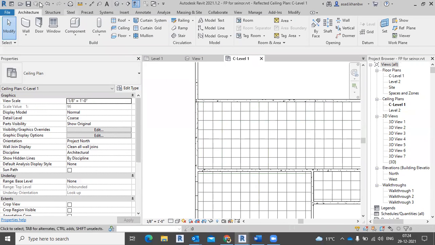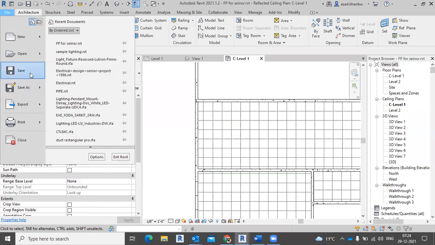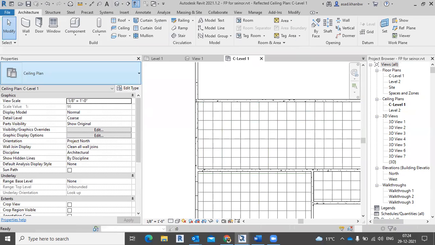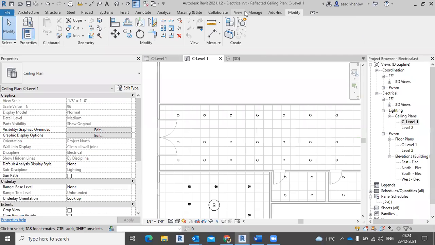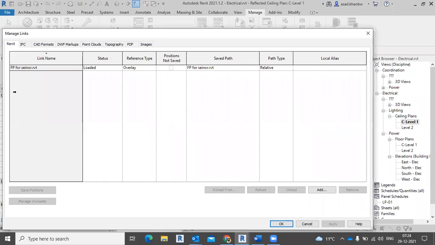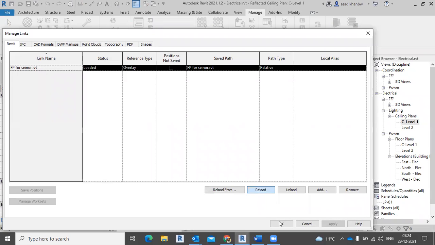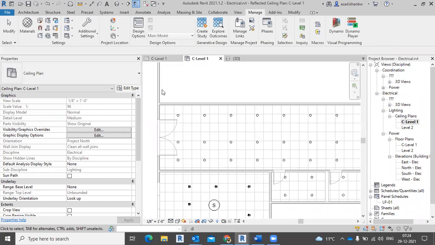Save. Come back to the manage link and reload. So yeah, so